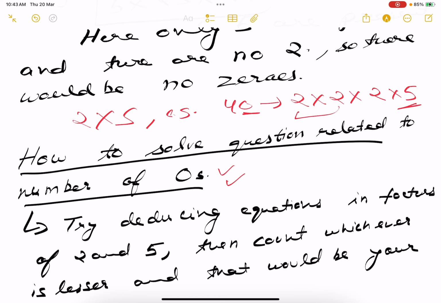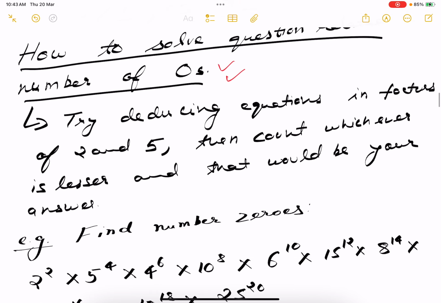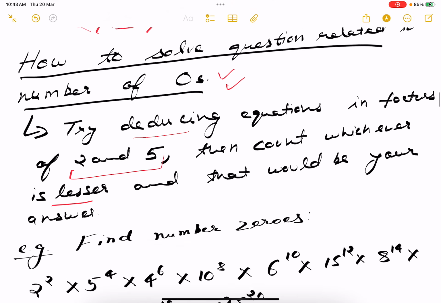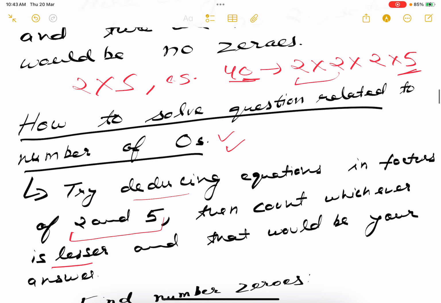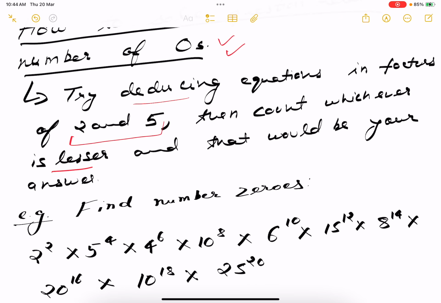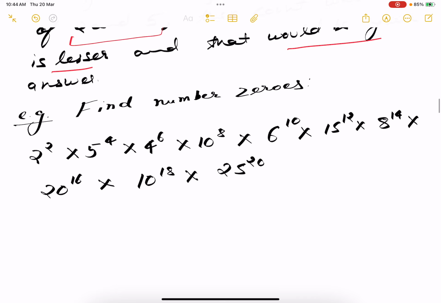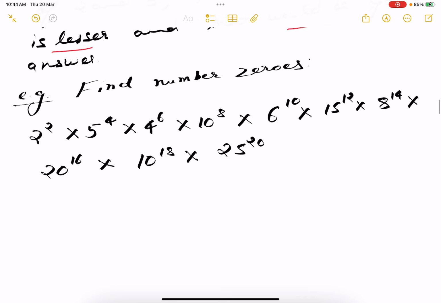तो हम आगे की बात करते हैं कि हाउ टू सॉल्व द क्वेश्चन रिलेटेड टू नंबर ऑफ जीरोस। What we will try to do is we will try to deduce the equation factors of 2 and 5, which we have already discussed. Then count whichever is less। जैसे कि ऊपर देखते हैं कि हमने डिड्यूस किया 40 को 2 और 5 के फैक्टर में, और उसमें काउंट करते हैं 2 या 5 में से कौन लेस है। तो हमारे पास 5 लेस है, 5 कितना, एक ही है, तो नंबर ऑफ जीरोस 1 होंगे। ओके, देन काउंट whichever is less and that would be your answer। ओके, गेटिंग इट।